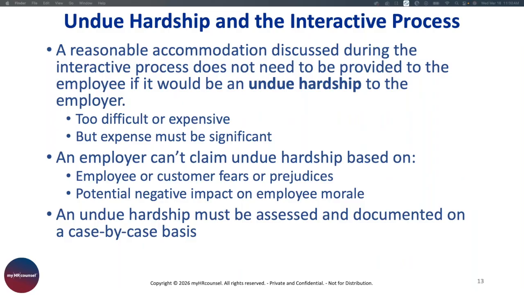An undue hardship for an employer exists if the accommodation is too difficult, too expensive to provide in light of the employer's size, your financial resources, and the needs of the business. Looking at factors such as the nature and cost of the accommodation, the overall financial resources of the company, the number of people employed at the facility, the effect on expenses, resources, or other operations of the place, the size, the number of employees, and type and facilities locations of the employer, and any impact of the accommodation on the facility's operations, including the ability of other employees to perform their duties and the facility's ability to conduct business.